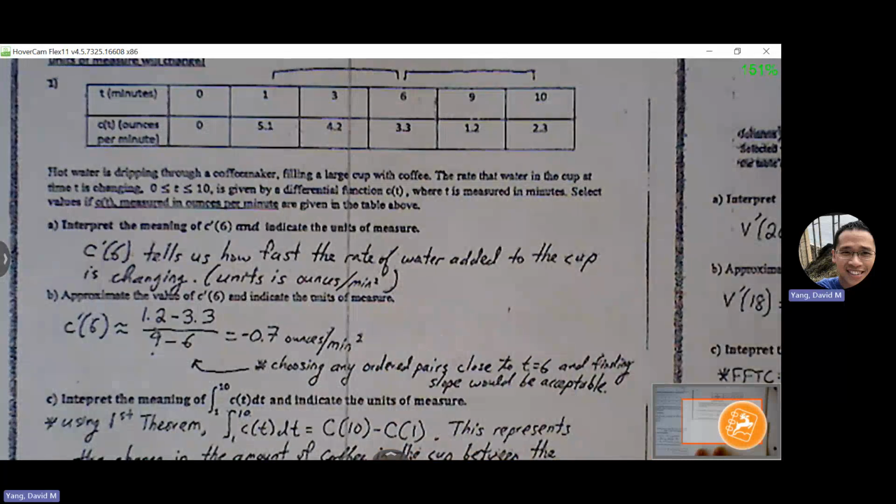So for instance, C of T is ounces per minute. So C prime is how fast the rate of water added to the cup is changing. So we have to use those words. If it's not a particle motion problem, we can't use the words velocity or acceleration. We want to be able to use the words that are